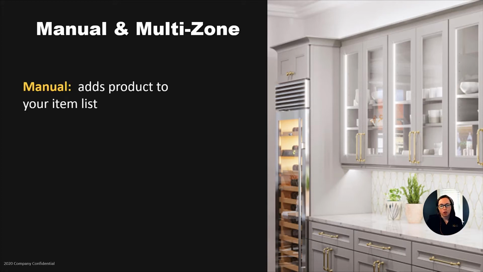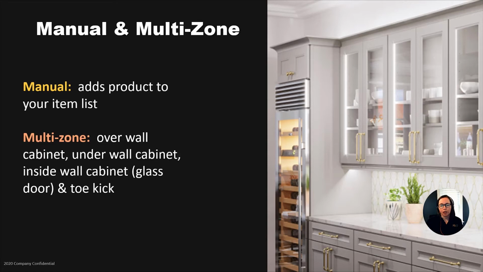Of course, manual, easy enough. Basically, it's just adding products to a product list rather than putting it into the floor plan or the 3D of the design. And then multi-zone is probably the one that I personally use the most, just because it gives me the most flexibility if I'm considering lighting maybe above some crown molding on the top of the cabinets, maybe lighting under